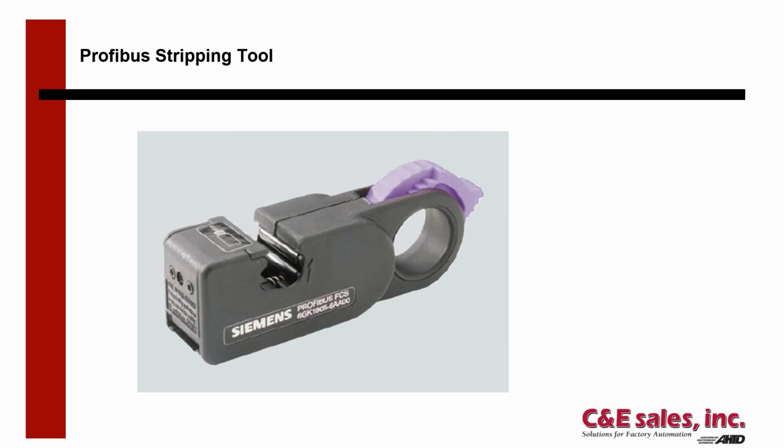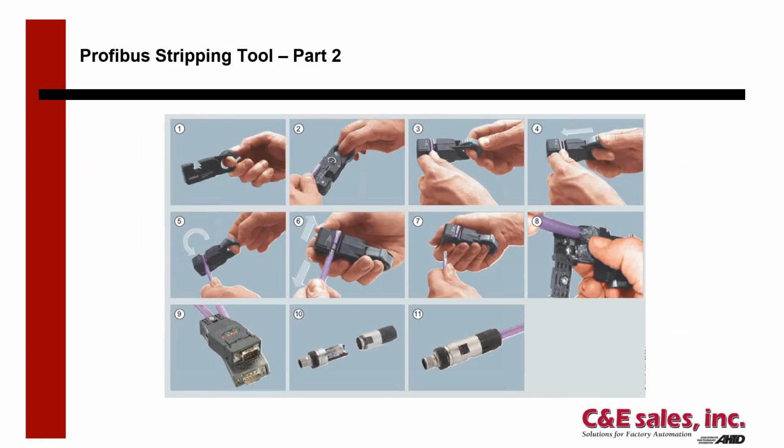Okay, some tools to help us with the installation. We have this Profibus stripping tool, and it's got 2 razor blades in it at different depths. So you can take your cable, as shown in step 2 here, and then in step 3, you insert it into the device, and then you clamp down on it, as shown in step 4, and then you spin it around a little bit, and that will cut into the insulation, cut into the shielding, and you pull it apart from the cable,